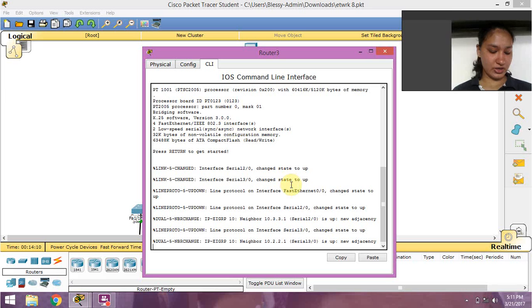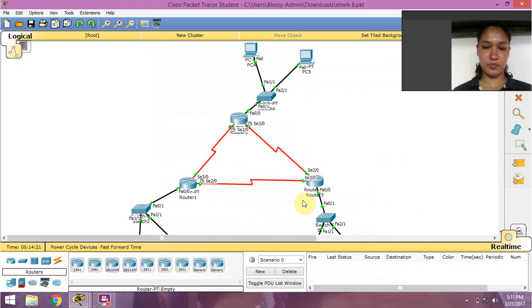network 192.168.10.0 0.0.0.255, that is the IP address. Then we have to give 10.2.2.0. For configuring this router we have to give the IP addresses of both these sites. So I gave 10.2.2.0, then 0.0.0.3, like that I gave for all the three routers. Then like this we can configure the connection for the EIGRP configuration.